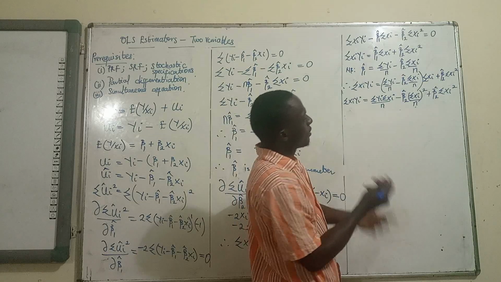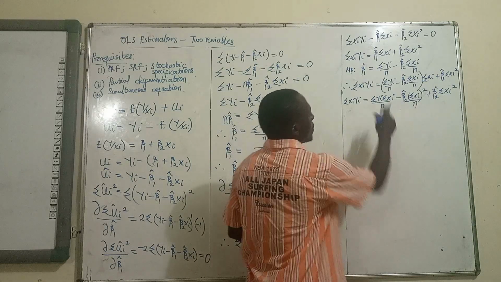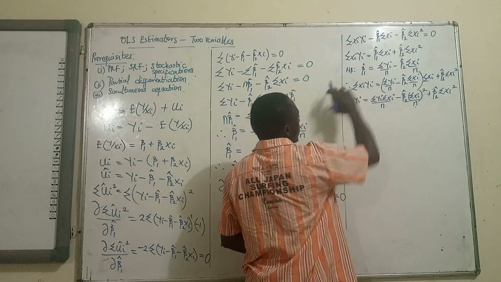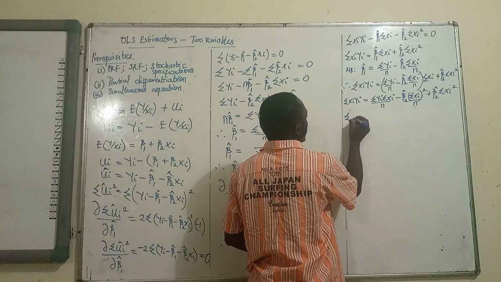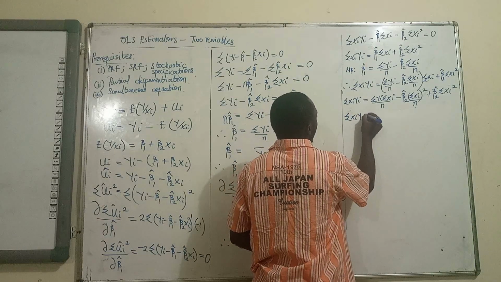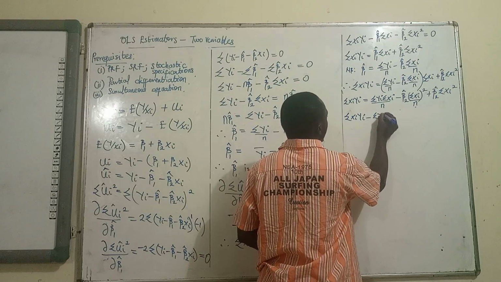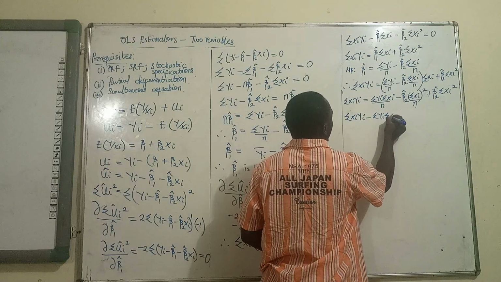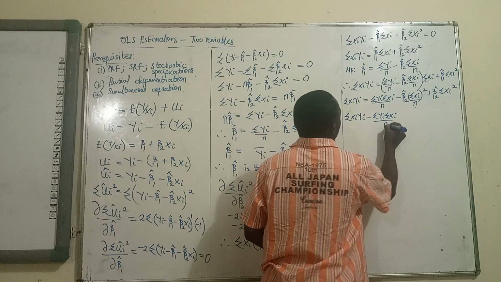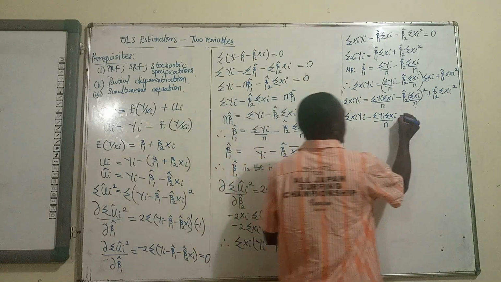So let's collect the like terms since we have to find beta 2 cap. We'll bring it to the left hand side, and we have summation xi yi minus summation yi summation xi over n equals